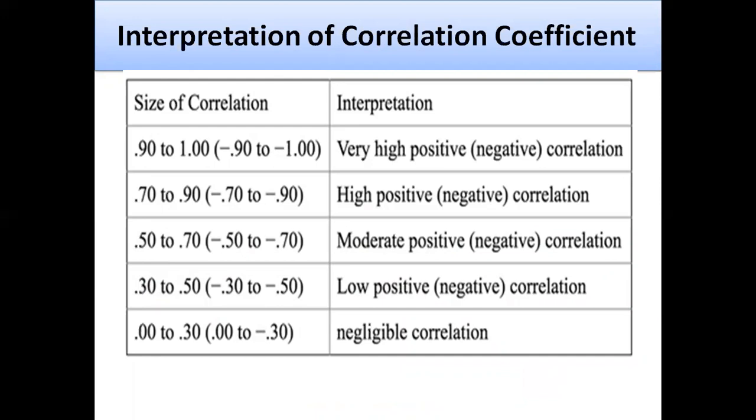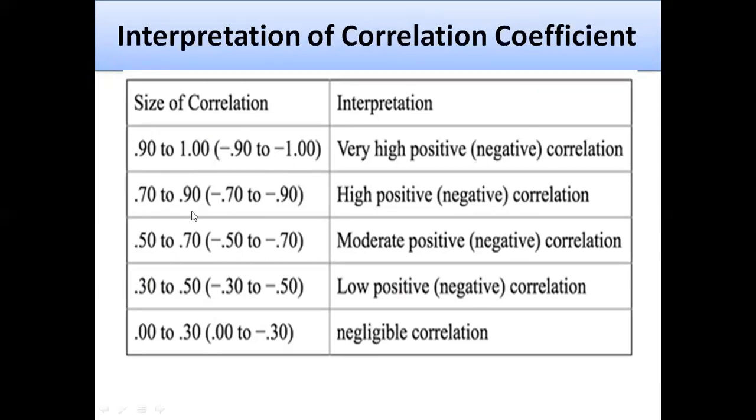अब जो हमारा ये स्लाइड है, ये बताता है कि how do we interpret the derived value after calculation of the correlation coefficient. तो जब भी आपकी correlation की वैल्यू अगर 0.9 से 1.00 के बीच में आती है, या अगर हम ब्रैकेट में देखें तो it is -0.9 to -1.00. So if it is positive, then we can say it is a high positive relationship between the variables x and y. But contrary to this, if the negative sign is there, तो हम कह सकते हैं कि there is a very high negative correlation among the variables.